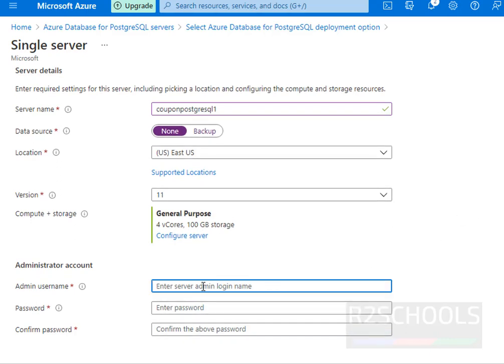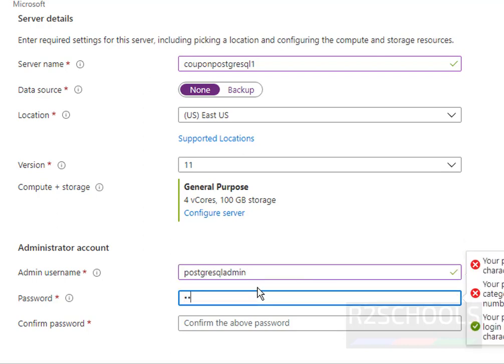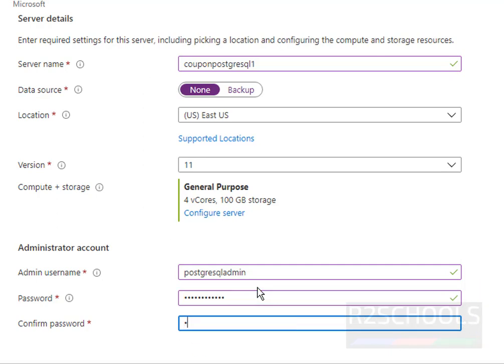Now provide the admin username for this server. I am giving the username as postgresqladmin. Then provide the password for this user. Okay.